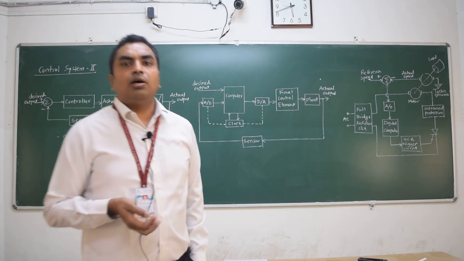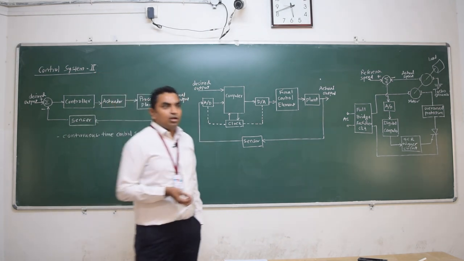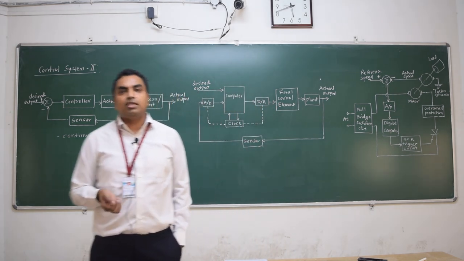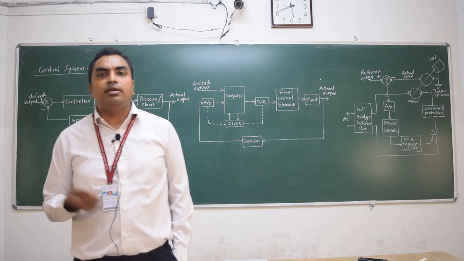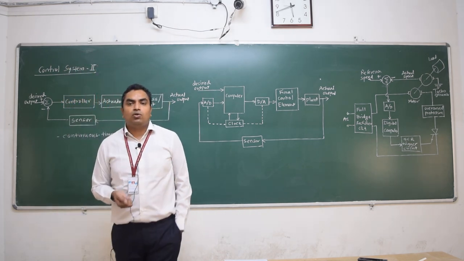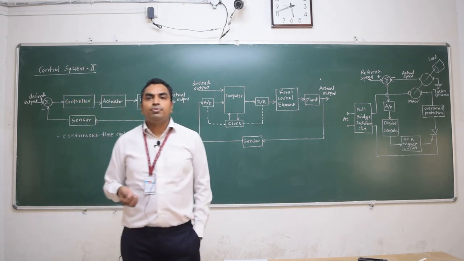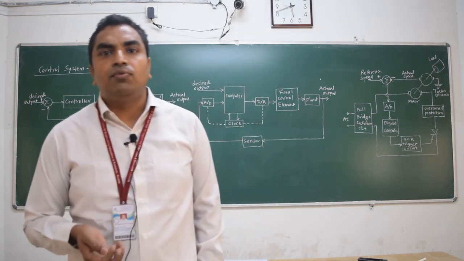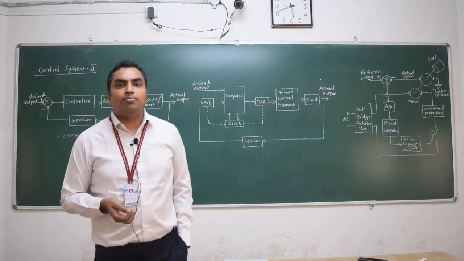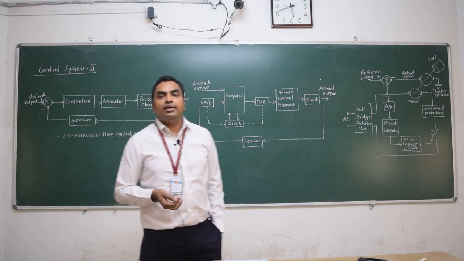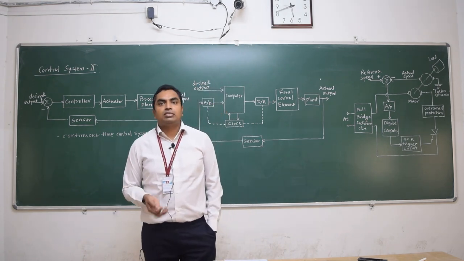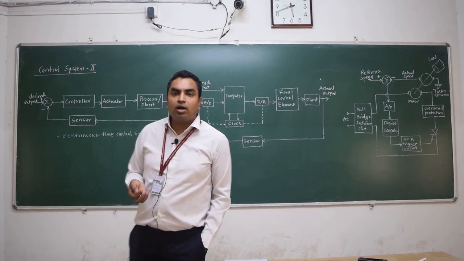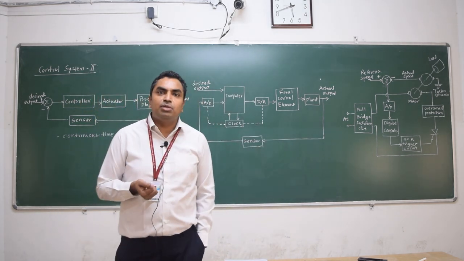Unit number 2 we will talk about the Z transform. Now as we carry out the analysis of continuous time system using Laplace transform, the same we do in the discrete time using Z transform. So what is Z transform and how it is used to determine or analyze the discrete time system, that we will cover in the unit number 2. Unit number 3 talks about the stability analysis in the discrete time domain. As we have seen earlier methods like Routh-Hurwitz criteria, then root locus. These methods are applicable to the continuous time system.